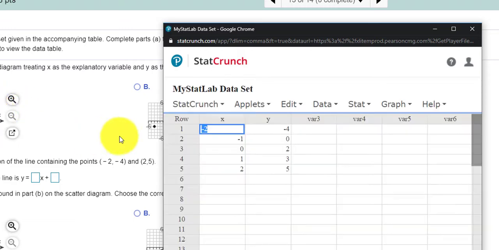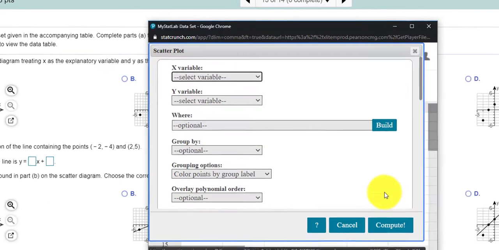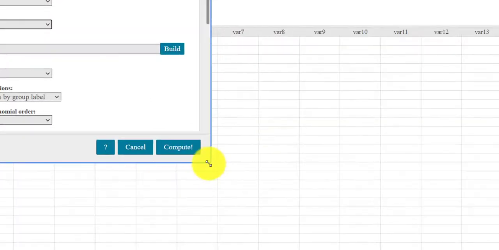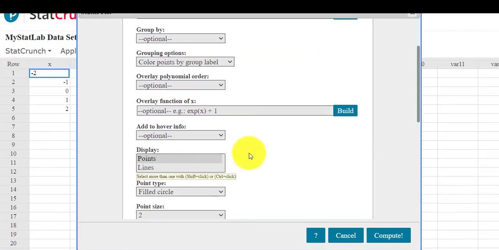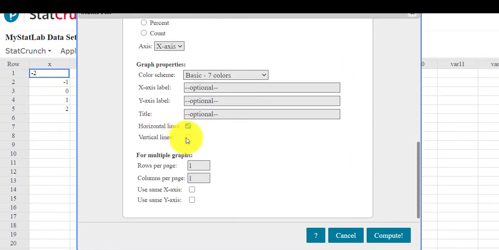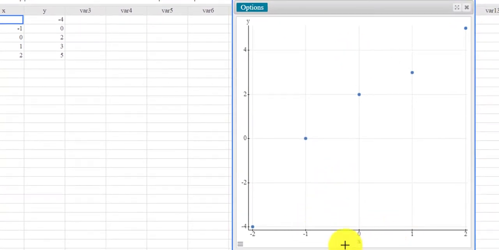I'm going to try to recreate some of these scatter plots. So I press Graph, Scatter Plot. We'll use X for the X data and Y for the Y data. Let's see if there's anything else we can do in here. Display points. Okay, that looks good. I wouldn't mind seeing horizontal and vertical lines. That might help almost like create a grid. I press compute, and you'll notice that my X data goes from -2 to 2, and my Y goes from